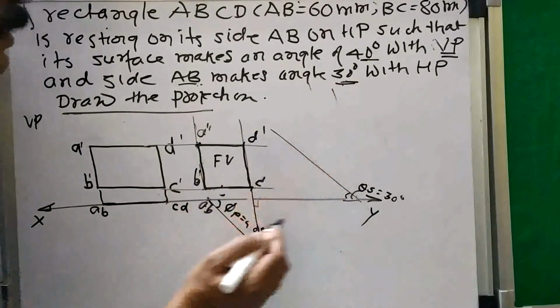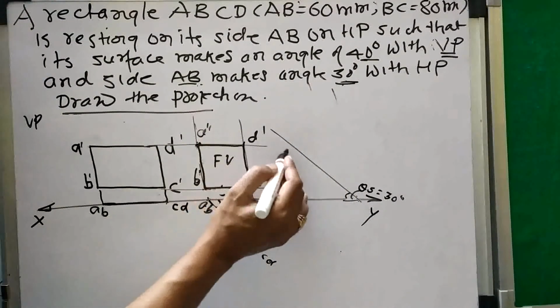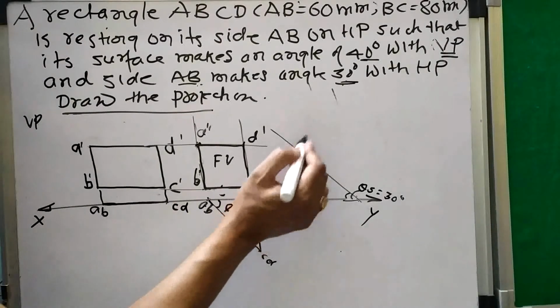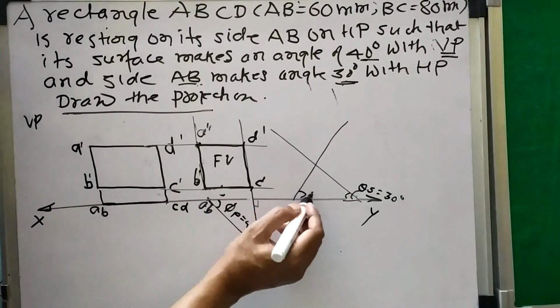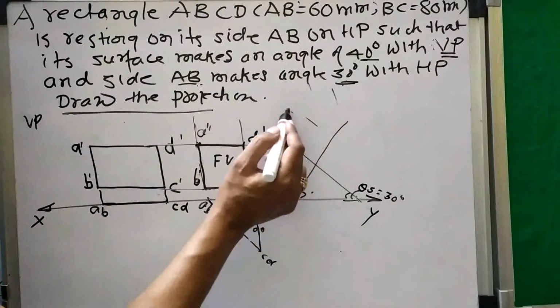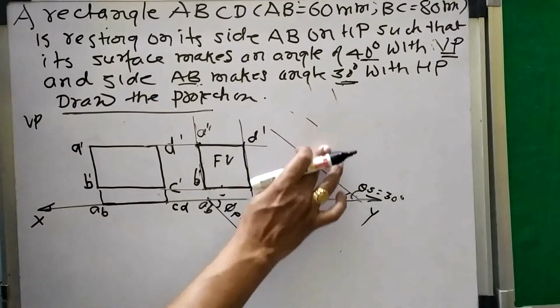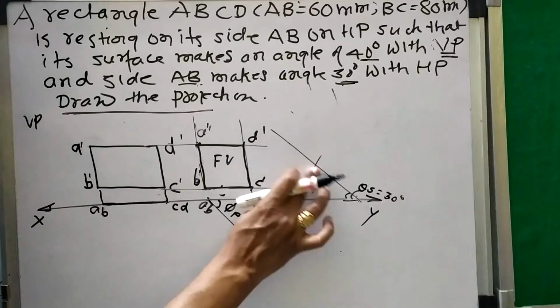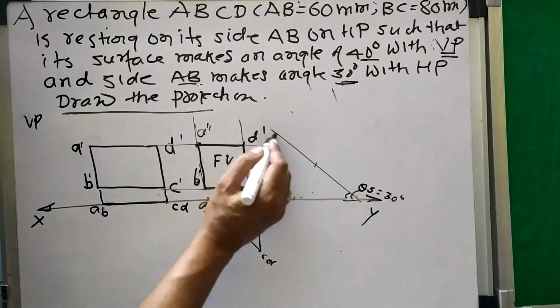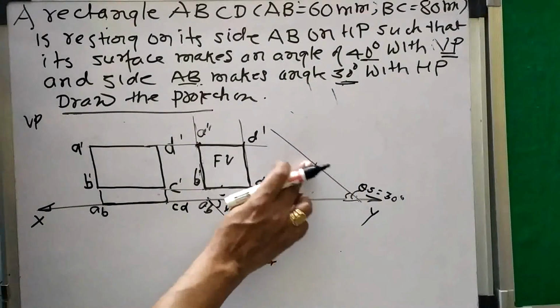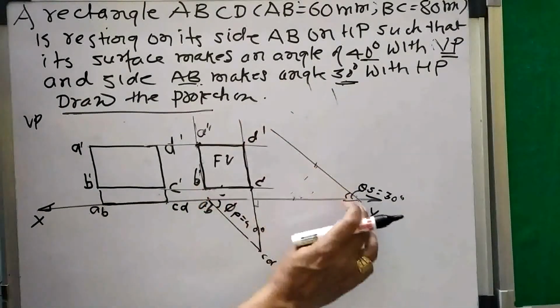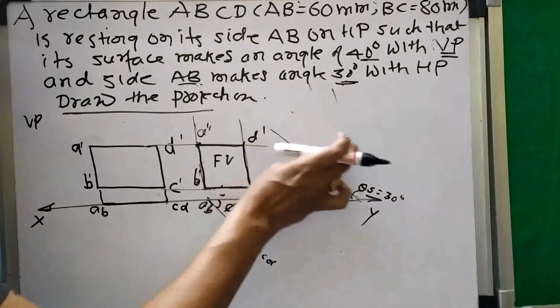Don't project like this. You can draw this figure on this side also or on this side, or you can take this inclination in this way also, theta, and you will have this figure here. Whatever position you select, you only have to draw this line inclined to XY, either in this inclination or in this inclination. I am drawing this inclination in this direction because I get space here.